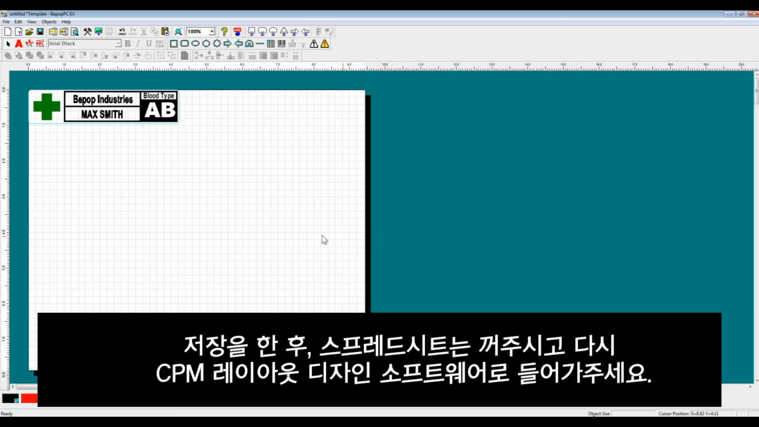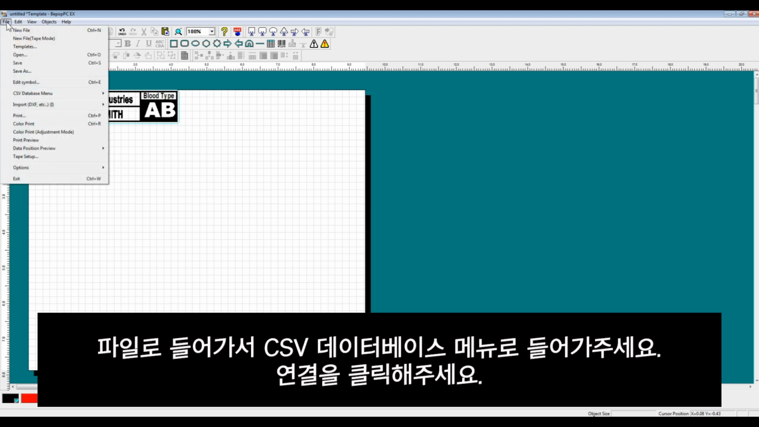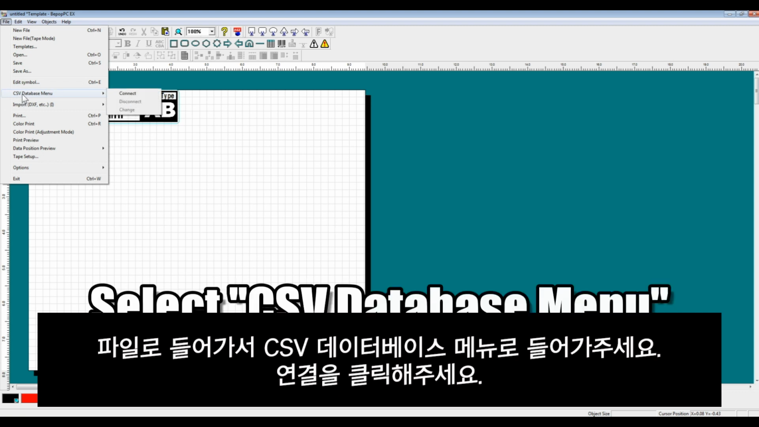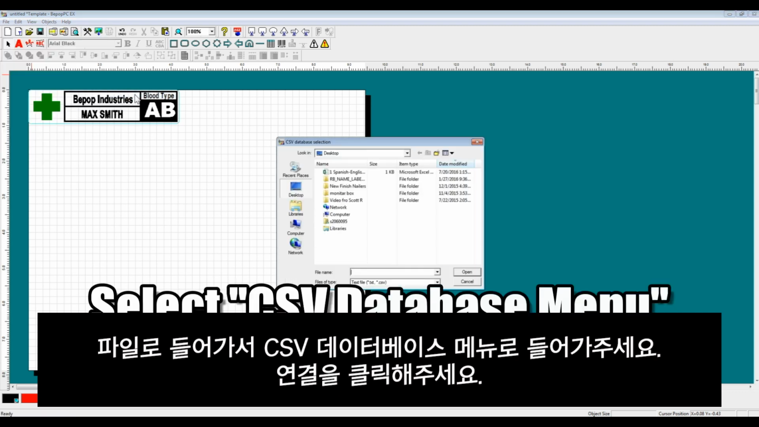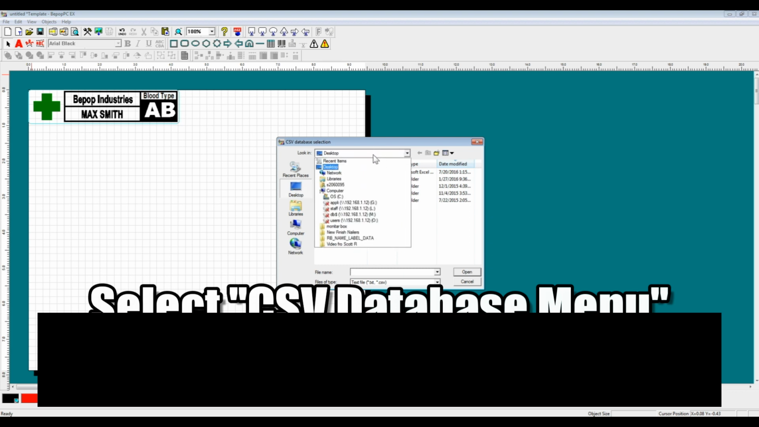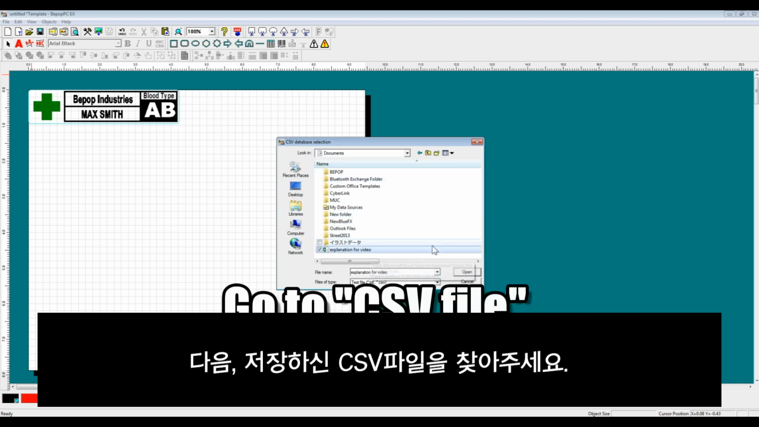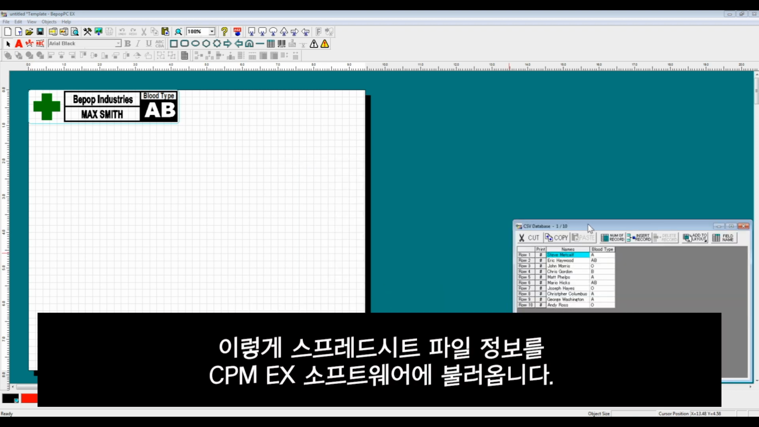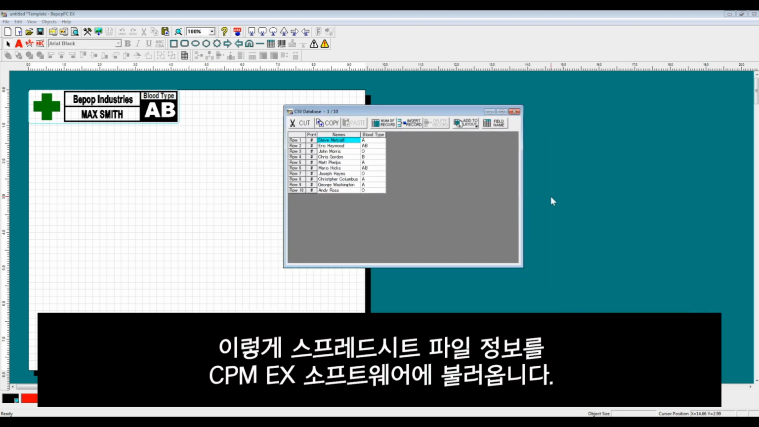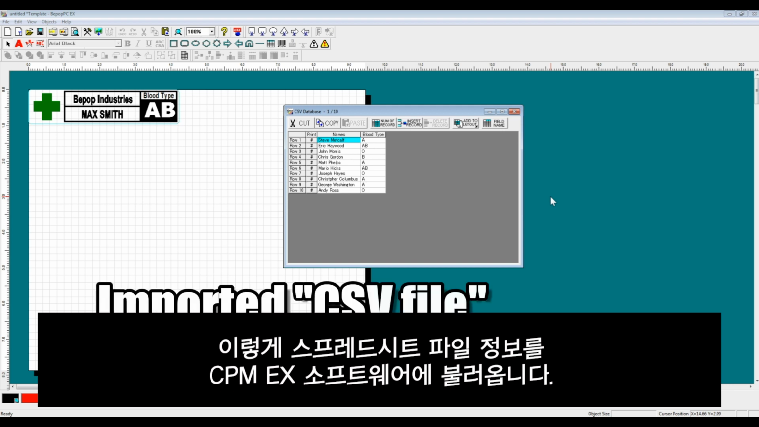After you answer yes, exit this program. There's no need to save it again as you've already saved it. And come back to your Bepop PCEX design layout window. Here you're going to select File and come down to CSV Database menu and click Connect. Next we'll go to Documents, and here we go, Explanation for Video. If we open this up, we'll see that we have this same data that I showed you previously